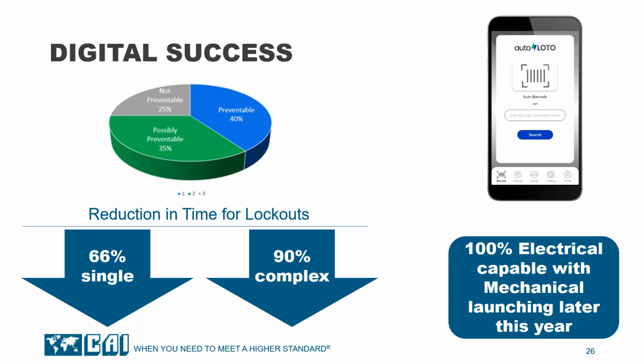In our pain points, we stated that it takes a lot of time to plan and execute these evolutions. Single lockout points, they found that during the planning of it, they were able to reduce the total amount of time to plan that evolution by about 2/3. Where the real power came in was when we were doing multiple complex lockouts, we were able to reduce time specifically in planning and coordination by over 90% in those pieces.